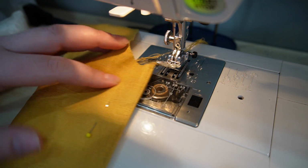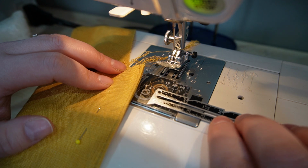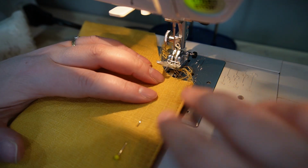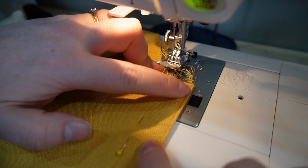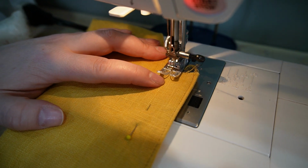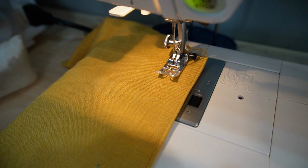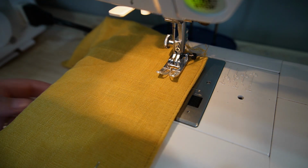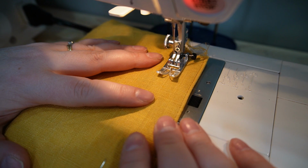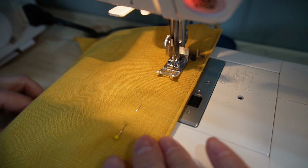So this time I've worked out an inch is roughly the edge of my bobbin case release button. So when I'm sewing, my goal is going to be lining up the edge of my fabric with that. And the reason I'm not back stitching is pretty much because all these seams are going to be caught in another seam, because I will be going along and closing up the bottom edge, so I'm not as concerned about back stitching. But now I'm just going to very gently make sure I'm lining it up here,